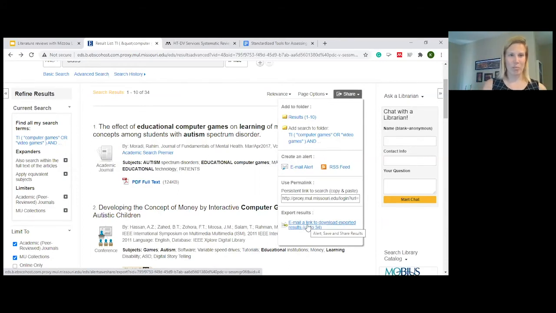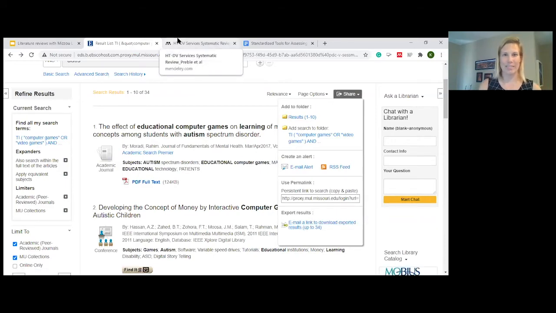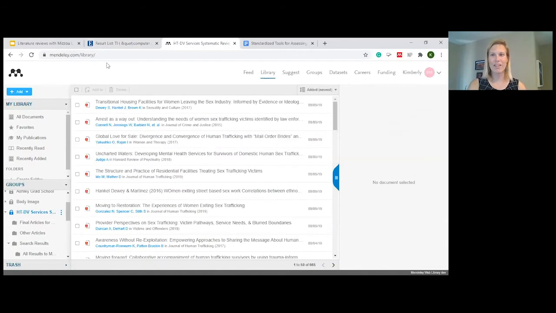So then I have them all in one place later to look at and work through. And I have pulled up my citation management tool. Like I said, I use Mendeley, just so you could get an idea of what that looks like. I've got all of my documents, but there are also groups that I work with on different projects. One that I'm working on right now is a systematic review on domestic violence shelters and specifically how they interact with human trafficking.